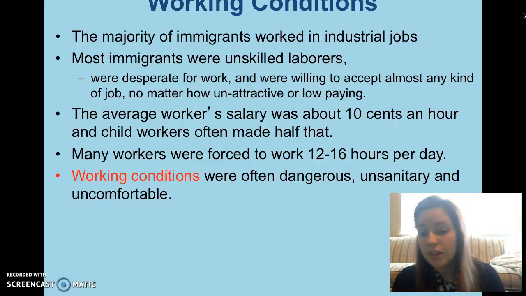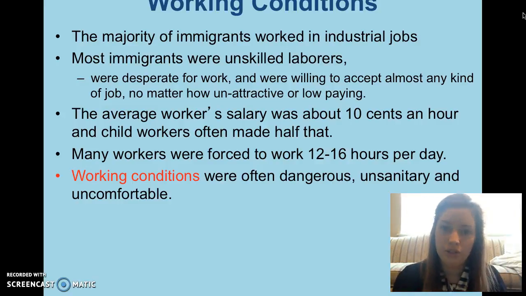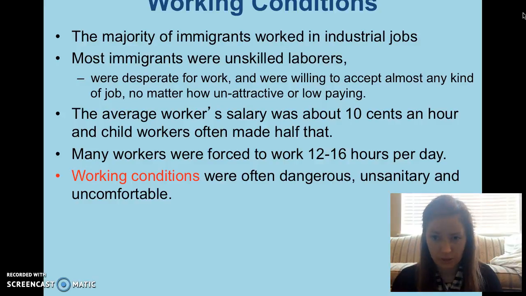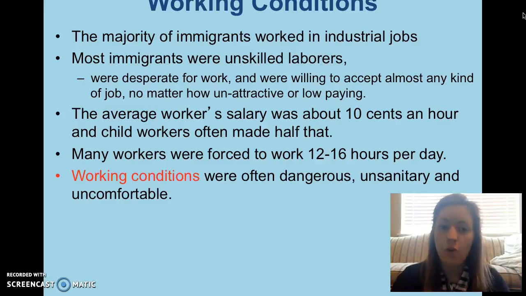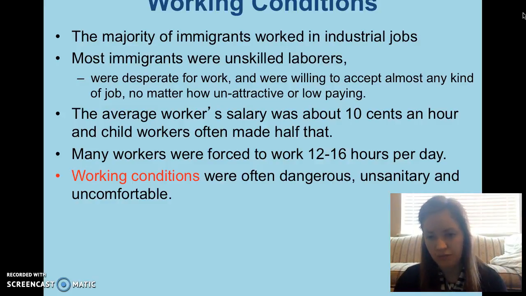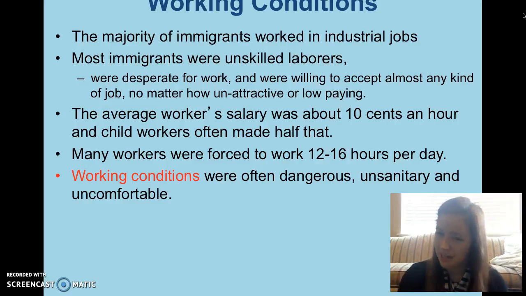So like we were saying, a lot of the immigrants coming in from different countries had been working on farms. They weren't used to these kinds of working conditions, but they were very desperate for work and willing to accept any kind of work, no matter how unattractive or low paying, because they just really needed money. And so they're desperate, which kind of makes sense why